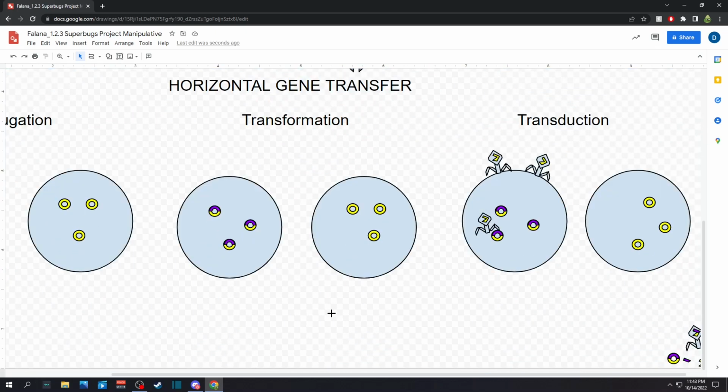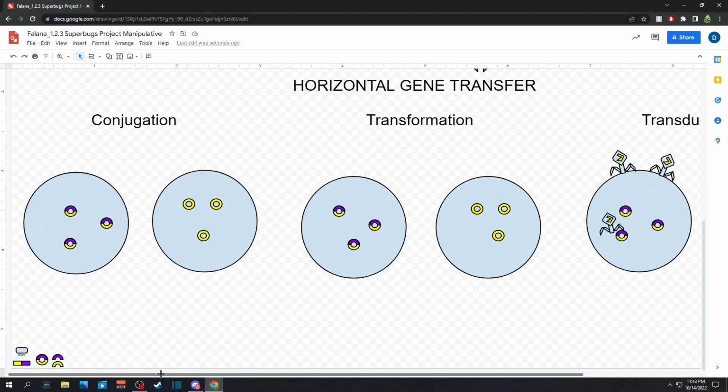And as you can see, in conjugation, we have this cell with the obvious gene of interest, the resistant genes, while the other cell does not have this gene of resistance or resistant gene. So basically what happens here is